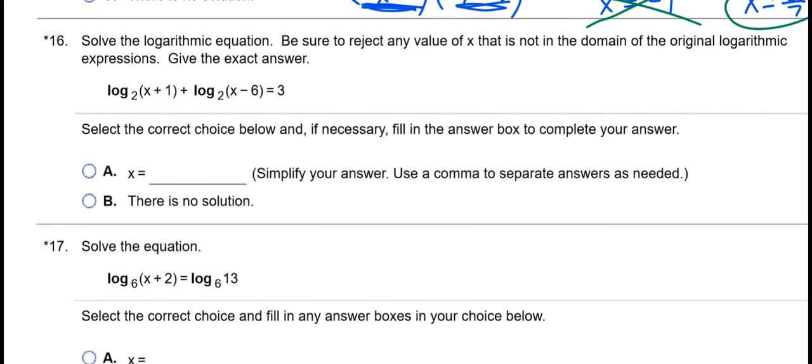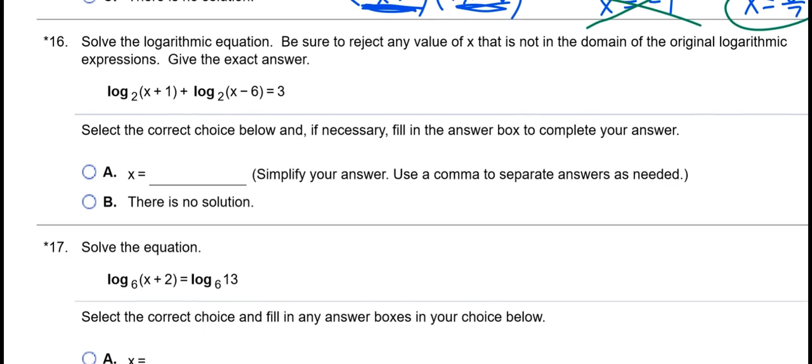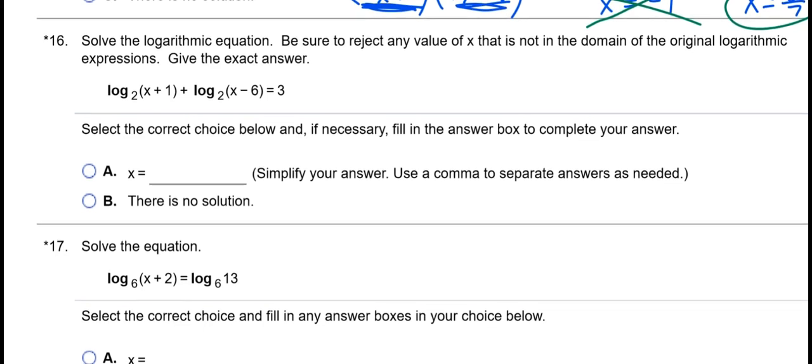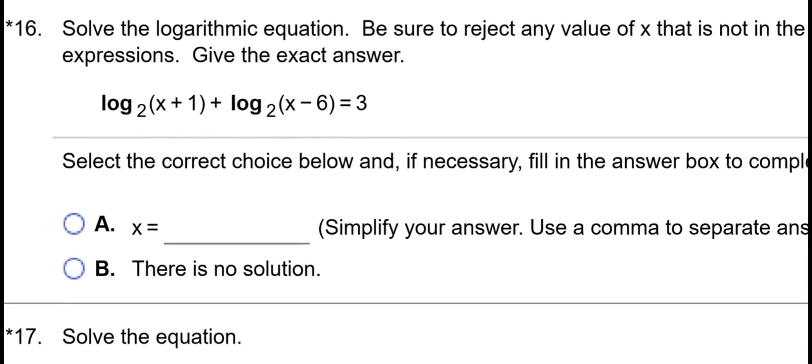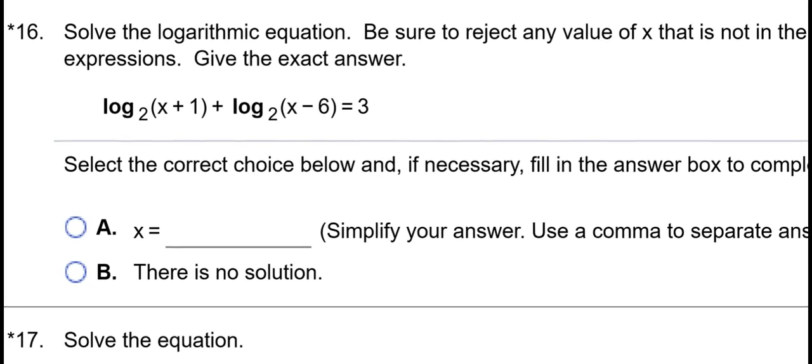I think this one may or may not be worse. That one's probably easier than the last one, quite honestly, because I don't think you'd have to use the Berry method at all. So we would have to FOIL this one times this one. So we'd have log base 2 of,